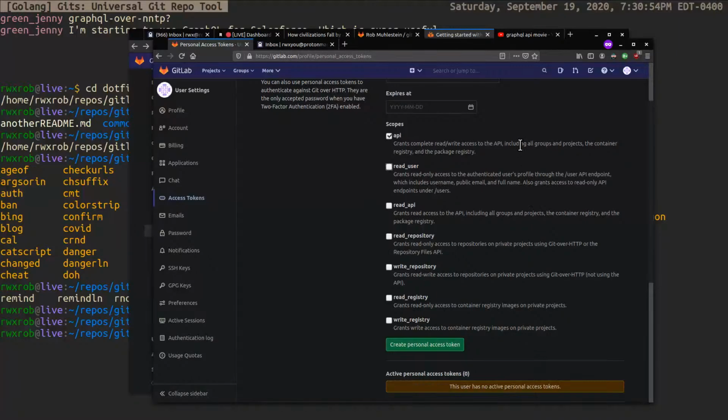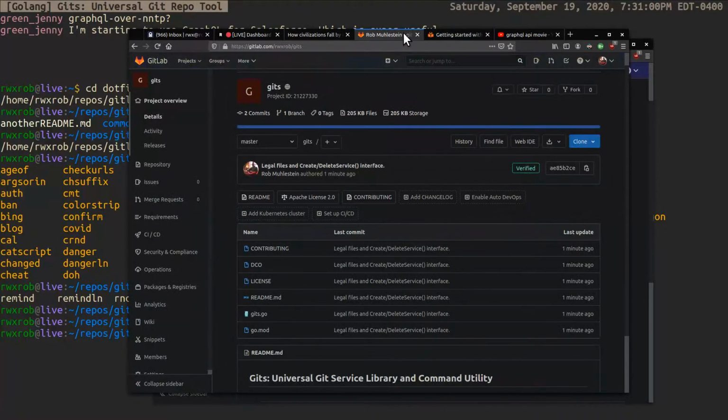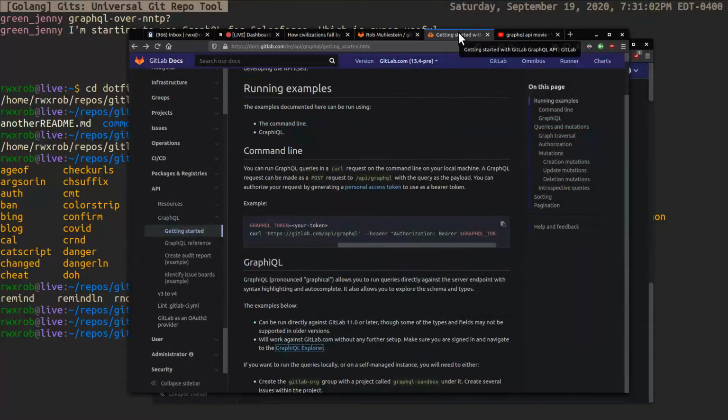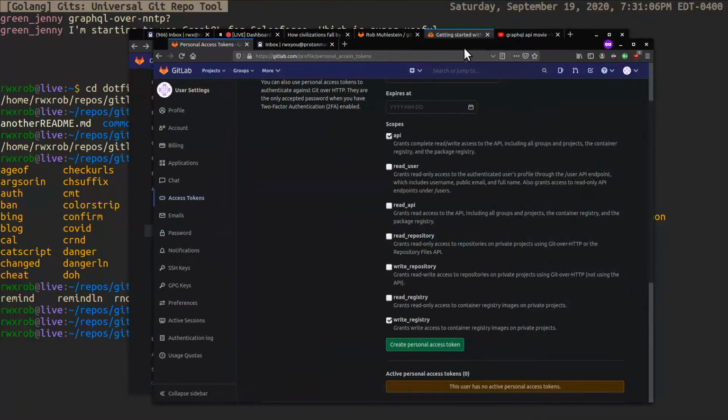I don't know here. Let's actually see what they recommend. Did I skip it already? I guess I must have. I'm just going to add them all because I don't think it's going to block me. We're going to find out. So, create a personal access token,